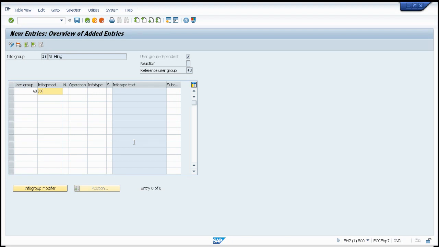So let me maintain 83, any info group number you can maintain. I'm maintaining 83. Here I'm going for 01 INS operation, 0001. Let me maintain another next line 40, 83 and 02 INS, 0002. Then 40, 83, 03 INS,